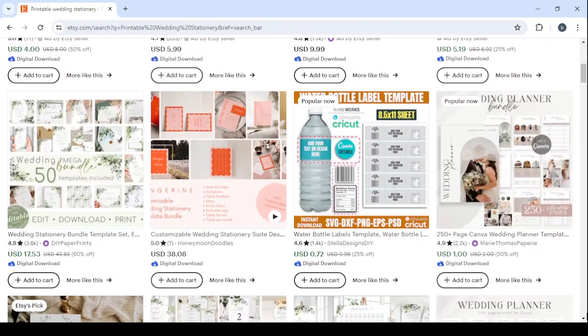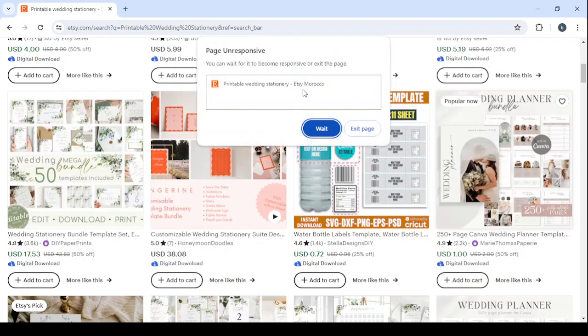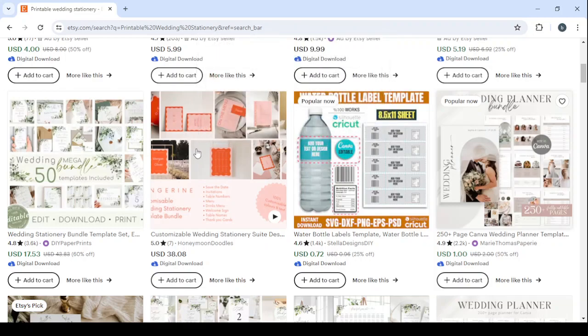And here, if you scroll down, you will see 250 plus page Canva planner template, water bottle label template. No, that's not what we were looking for. Here we have customizable wooden stationery. So this is what we were looking for, and it's a digital product. So let's check this product here. Let's click on this product, but it's not a